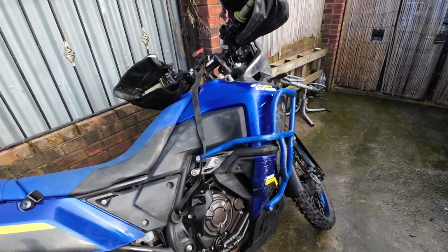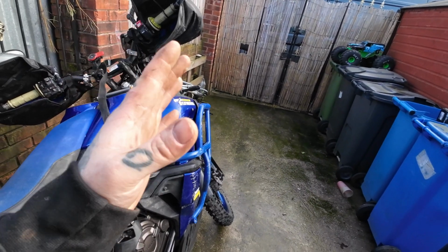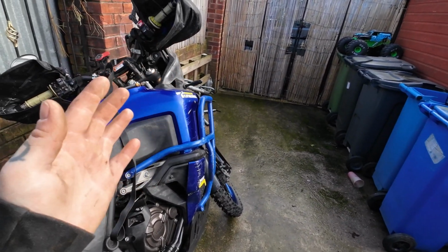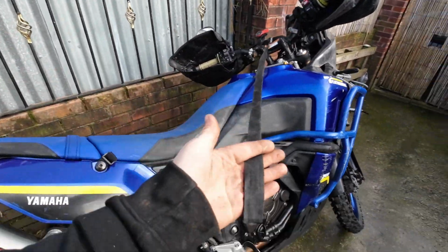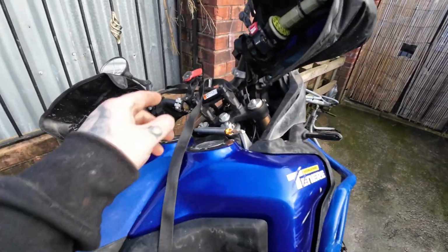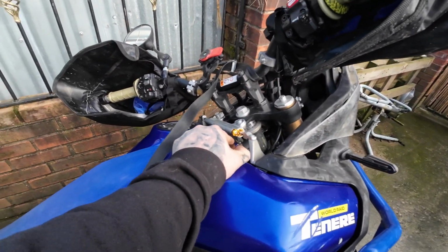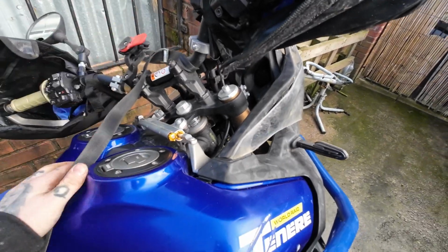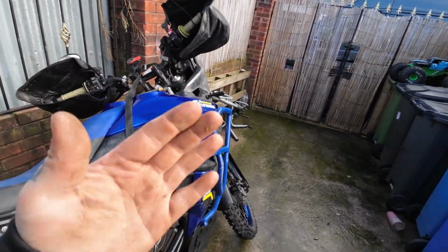is locked on. So what you do is you find the balance point of the bike where it's centered on the stand, and then you just lock off your excess. Look how much excess I've got there now. So obviously just assume that's a tree or a fence post. Bike's solid, going nowhere. So obviously don't tip it too far over, because then obviously your bike will just fall